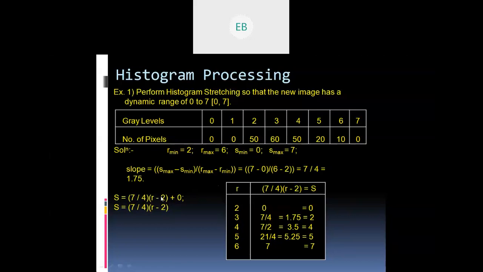But how do you calculate S? Again, you have to first take out the value for R. But we have two unknown variables here, so it's not possible to calculate in this manner, right? Since the range from R minimum to R maximum is given as 2 to 6, we calculate it accordingly. When we take the values of R from 2 to 6, we get the S value. So do you remember this sum, guys?